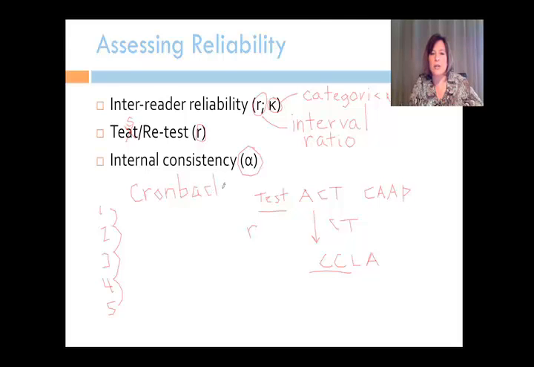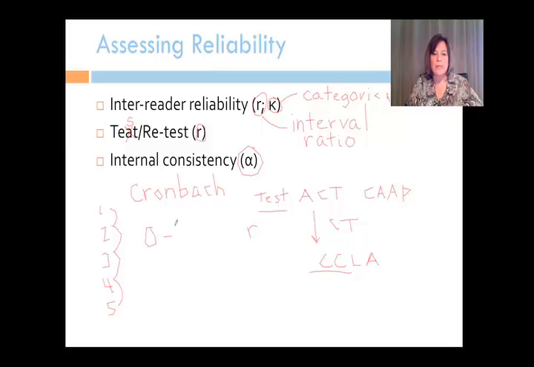Cronbach's alpha. It essentially generates an average correlation, and that R is a correlation, between each of the items that you're using, all pairs of items. Cronbach's alpha ranges from 0